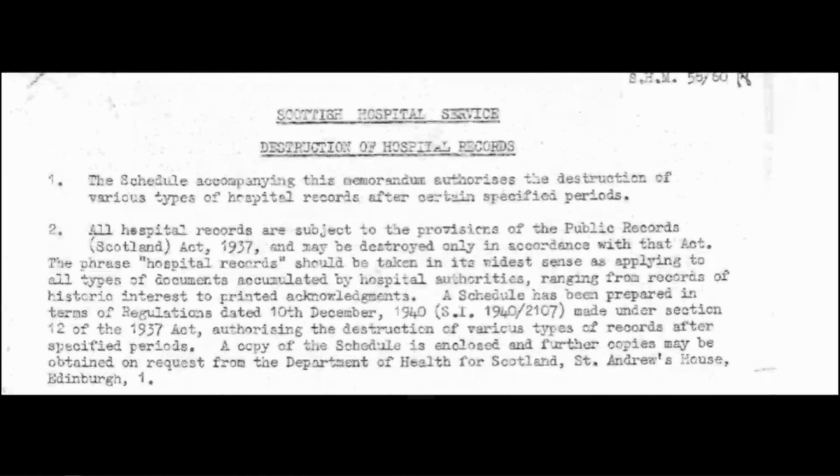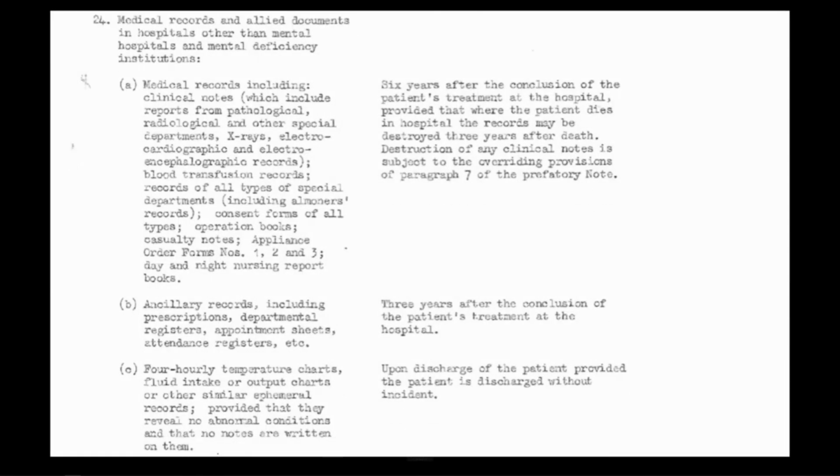We see the very first paragraph that the schedule accompanying this memorandum authorises the destruction of various types of hospital records after certain specified periods. Then if we turn to page 9, we pick up that schedule. Point 24, medical records and allied documents in hospitals other than mental hospitals and mental deficiency institutions. Medical records including clinical notes, and we see within that there is also reference to blood transfusion records, operation books, casualty notes and day and